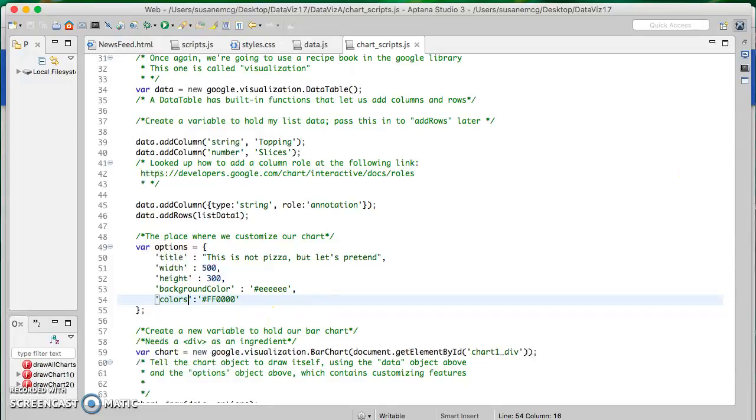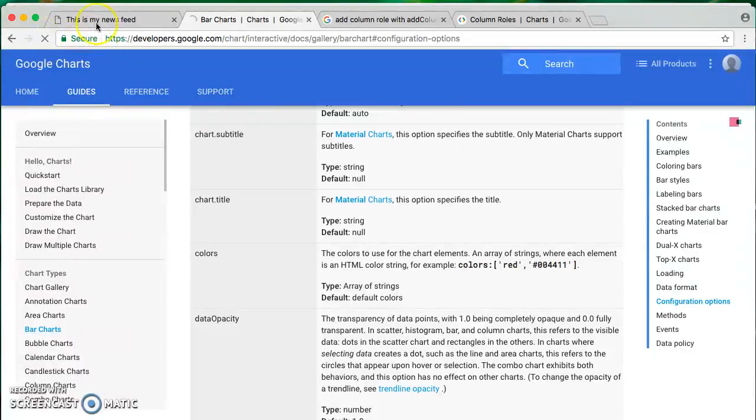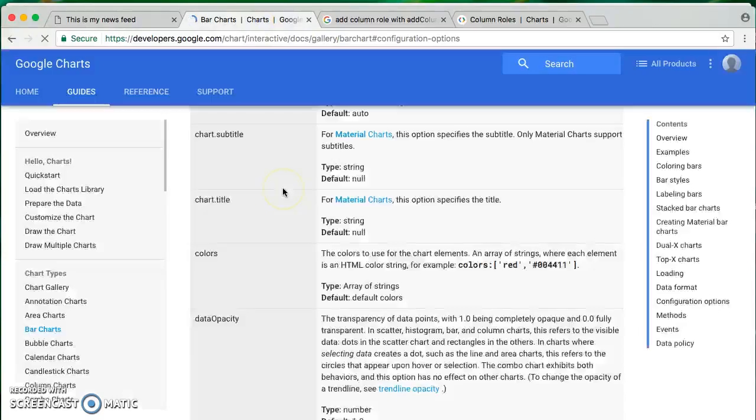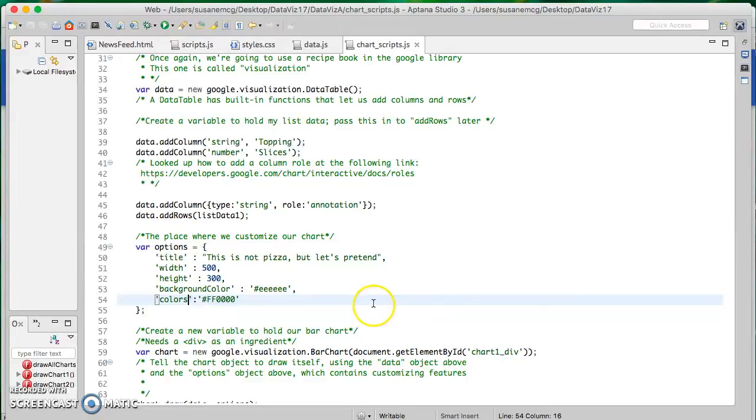Okay, let's try it again with colors, the correct one. And whoops, not the page I'm trying to refresh. Oops, and it says, pound is not a valid color string. So I probably wasn't reading my documentation closely enough. Yes, I have to put my color in quotation marks. So again, you see that when I run into these problems,